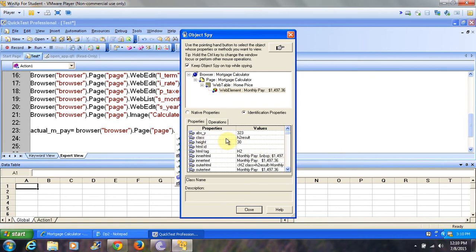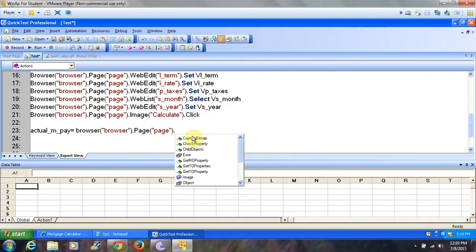I'm going to use class, which is h2 result. I'm going to use HTML tag, which is h2. I'm going to take inner text, which is monthly pay, and after that I'm going to use a regular expression, because after monthly pay this number is frequently changing, right? So I'm going to use dot star for that. So this is the web element,